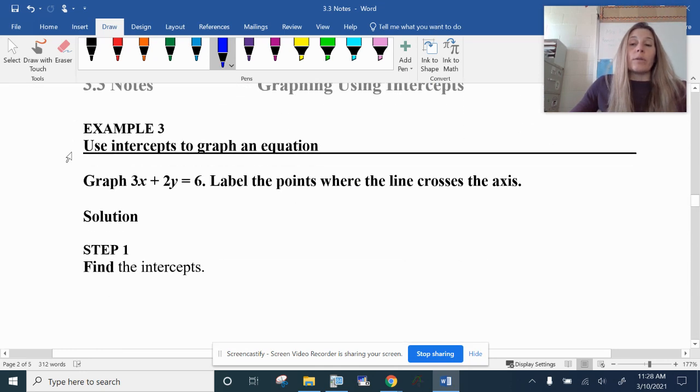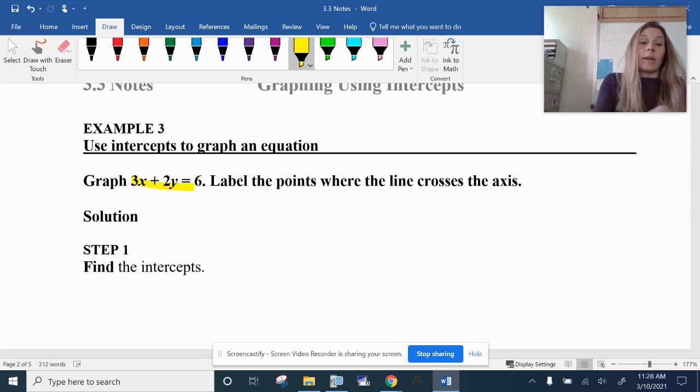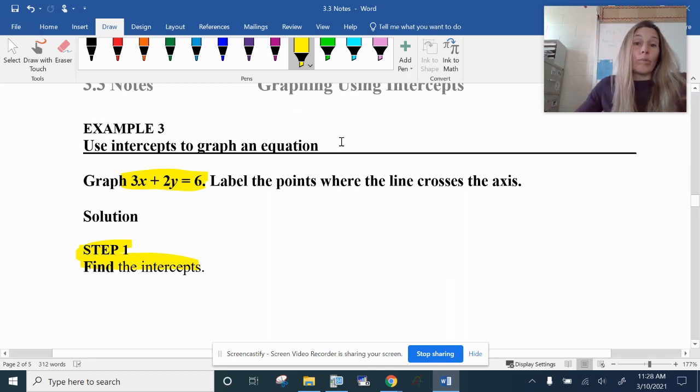So now we're going to use finding these intercepts to actually graph an equation. If this is my equation here, you want to graph it and label the points where the line crosses the axis. So the first step would be to find those intercepts, because now you'll have 2 points that you can